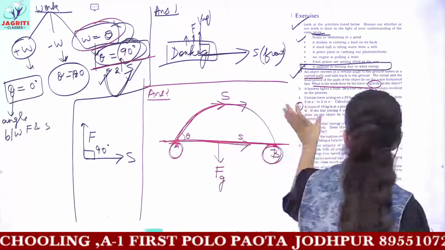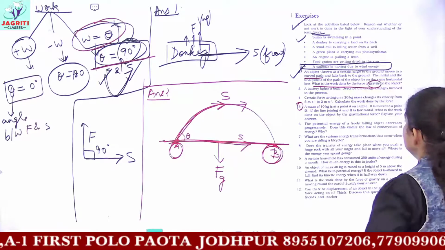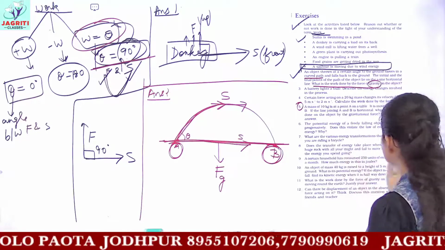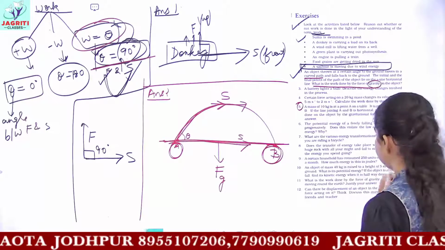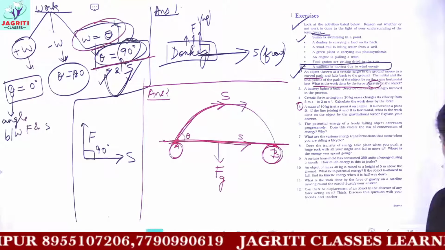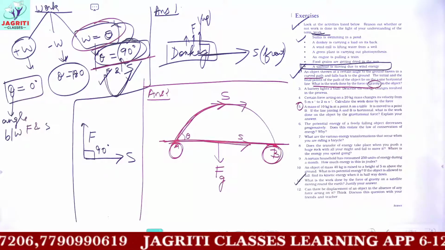So now we have done the 5th question. You have to explain, write the answer in your own language. Then you have the next question of potential energy, energy transformations, energy transfer. Then you have a question of power. What is the work done? This you can do. 11th question is again of work.